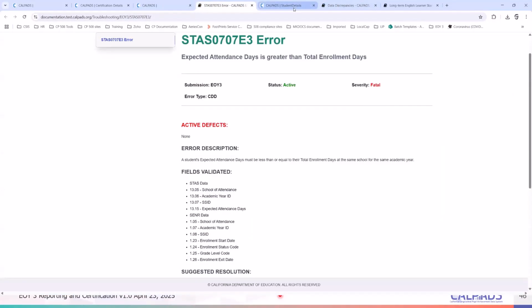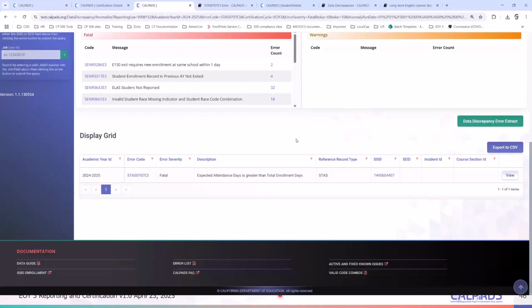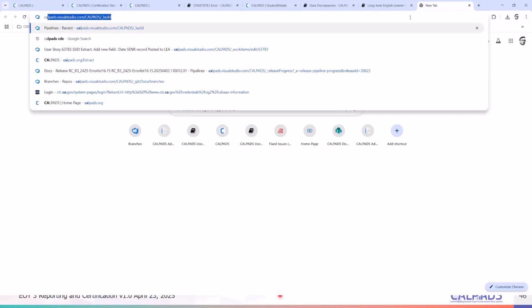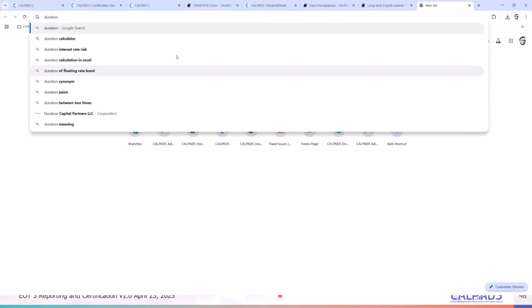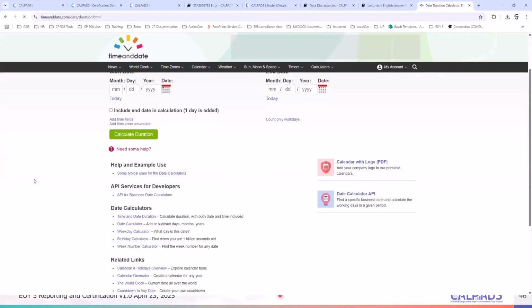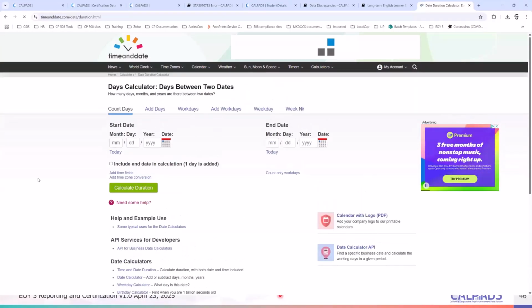However, if you've exited the student and you still have the error, how do you then resolve this issue? Well, you have to compute the enrollment days properly, right? So there is a duration days calendar calculator that you could use to count the expected days.